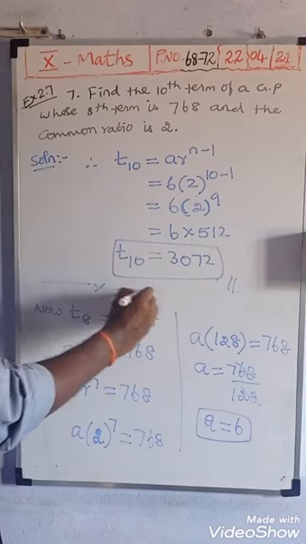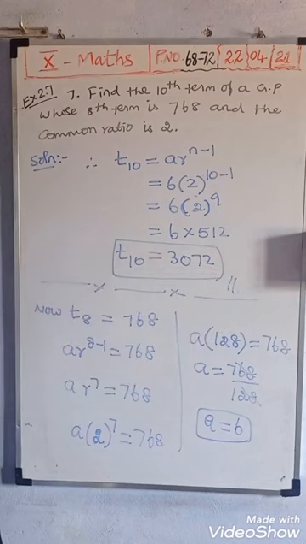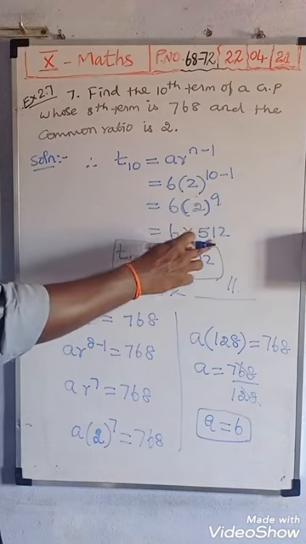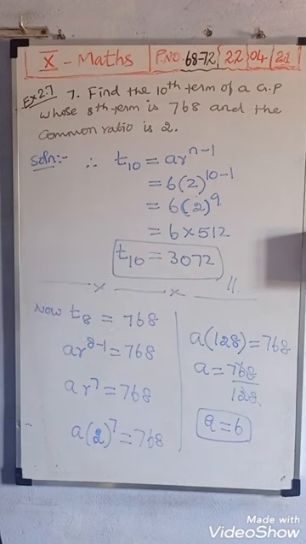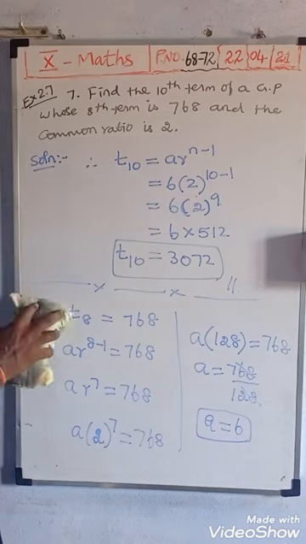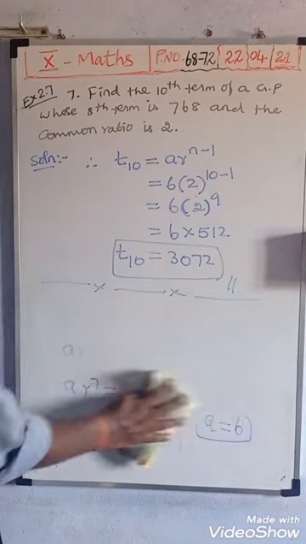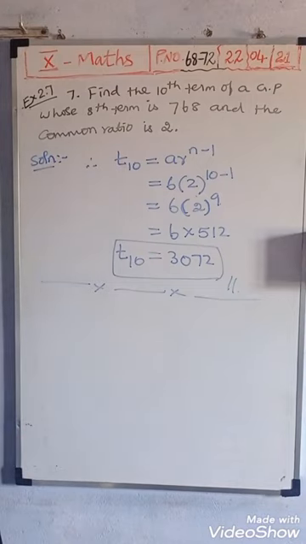So about simplification: if the power is below 10, you should simplify and convert the answer and write it. Suppose the power is more than 10, then no need to simplify. You should write it as it is. So before, we wrote it as it is because 3 power 11 came. Here it is 2 power 9, so I have simplified and received the answer. Okay, that's all.